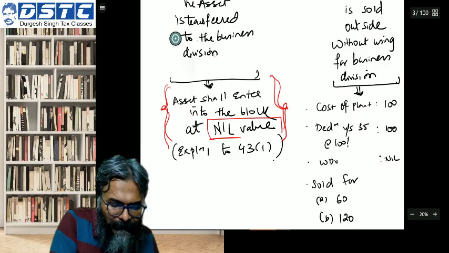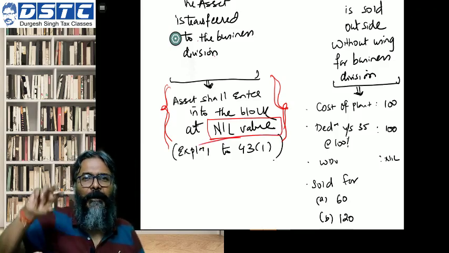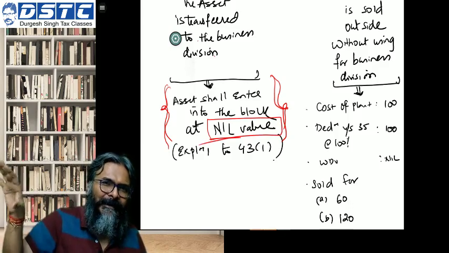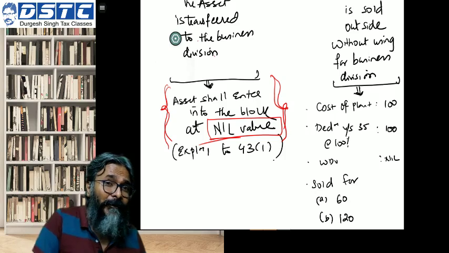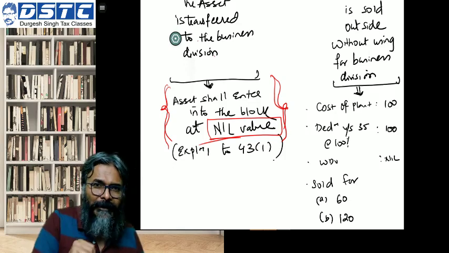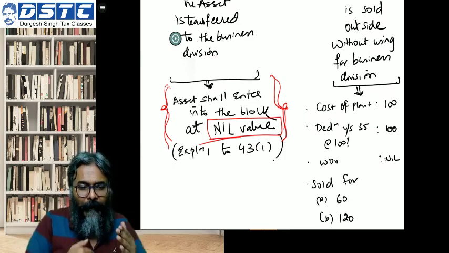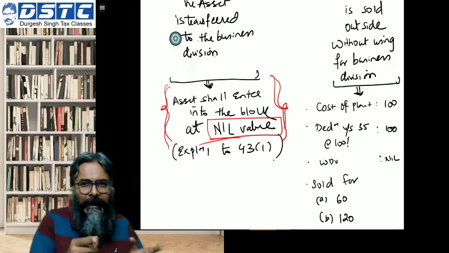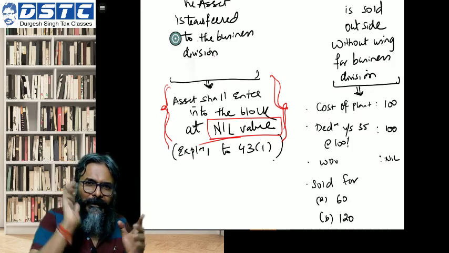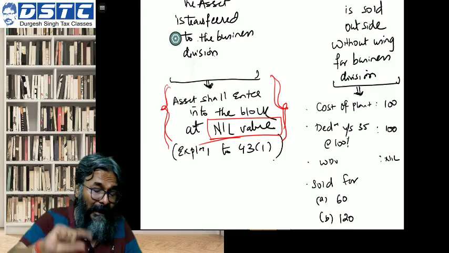At nil value, because full deduction has already been allowed. Because now if I have some value of that asset, then it will result in a double deduction. First under 35, and now with depreciation allowance, isn't it? That will be double deduction. But what about 35AD? 8 years is the lock-in period. So in 2 years, if I am taking it out, then there is a deemed income. Why deemed income? Because your deduction will be taken away. And if the deduction is taken away, to the extent it became the income,